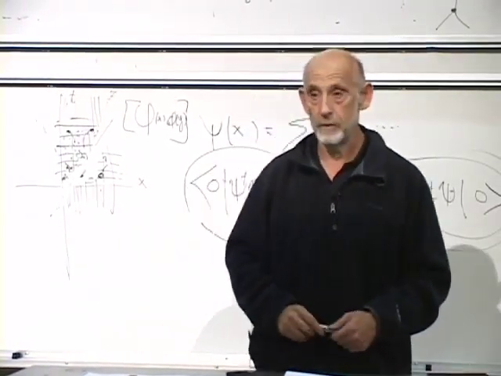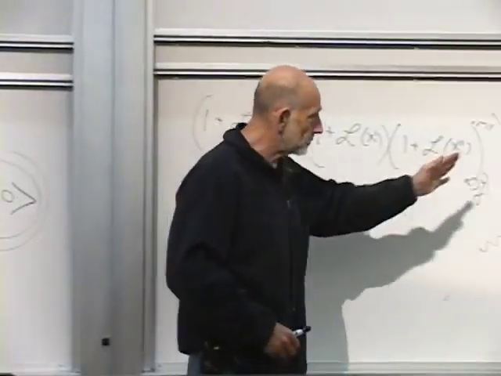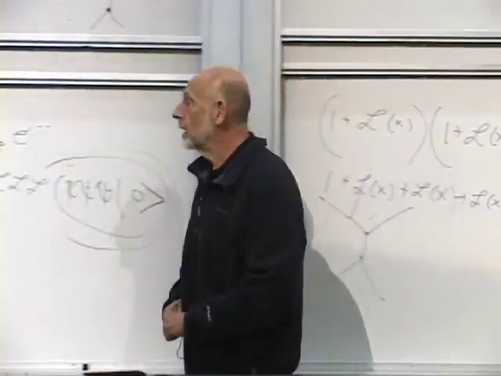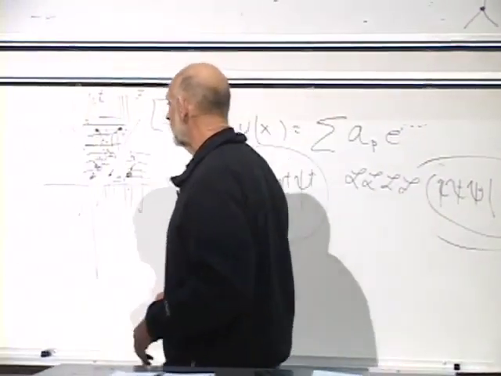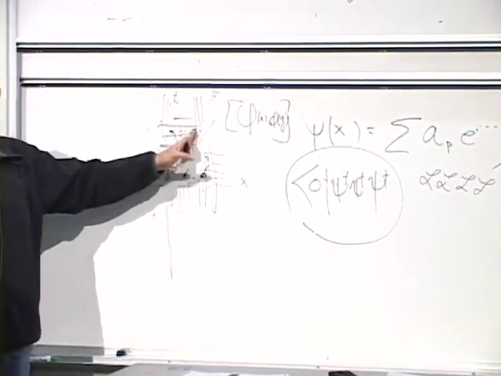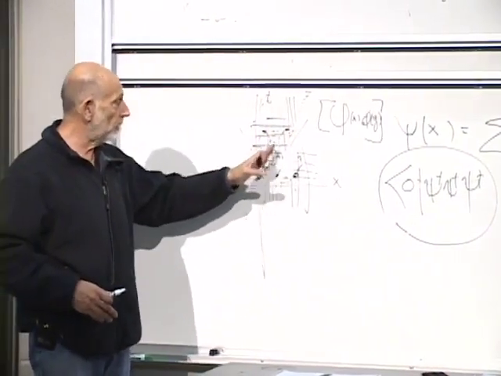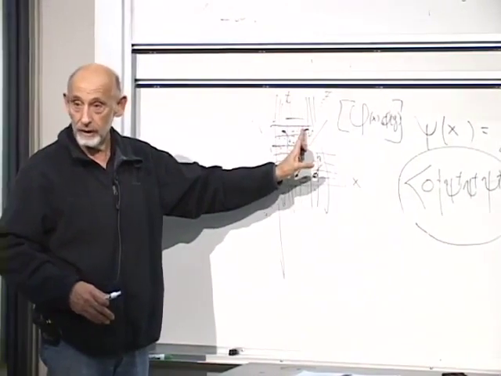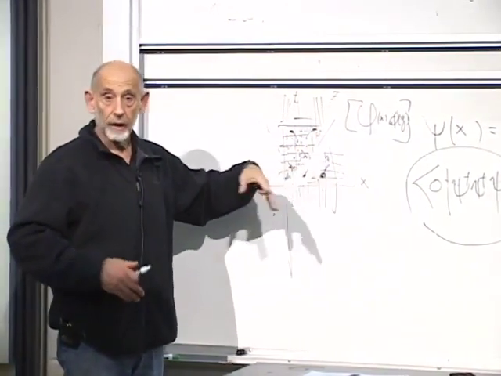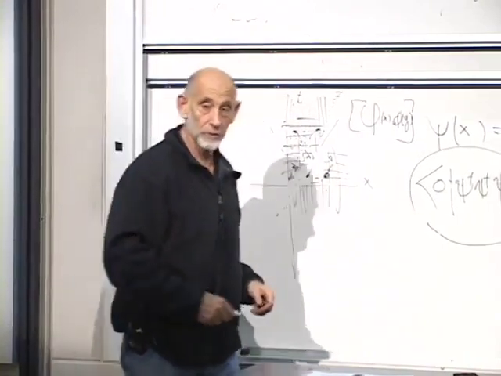Yeah, exactly. So when you multiply out this big string of terms here, you will find terms corresponding to all possible routes from here to here. The amplitude will be the sum of all those ways of getting from here to here. And when you square it, there will be interference terms, in particular if there are double slits.